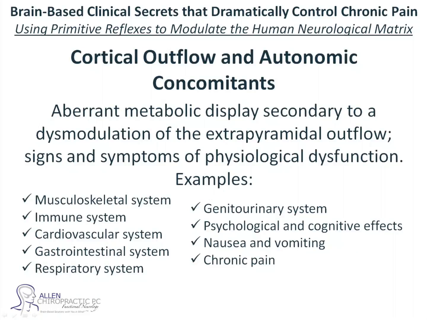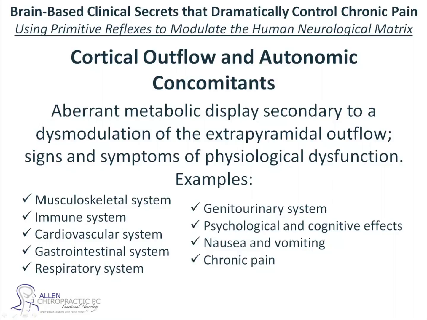Cortical outflow and autonomic concomitants are displayed when aberrant metabolic function occurs secondary to a dysmodulation of extrapyramidal outflow. And that extrapyramidal outflow is important because it's based on sensory input from the type 1A afferents. The extrapyramidal outflow goes from cortex through the extrapyramidal system, the basal ganglia, the centerline nuclei in the basis of the midbrain, and it can cause changes in